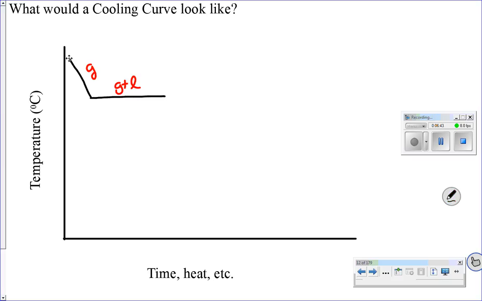If I continue to cool this down, it'll go into the regular old liquid state until it gets to what we call the freezing point, which is where I will have a transition between liquid and solid, and then finally I will end up down in my solid state. You have to also be able to describe potential and kinetic energy changes in this graph. The difference here is because we are removing